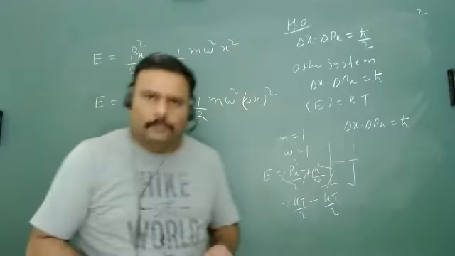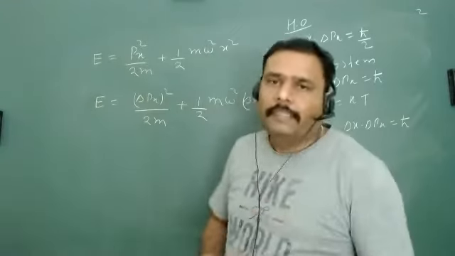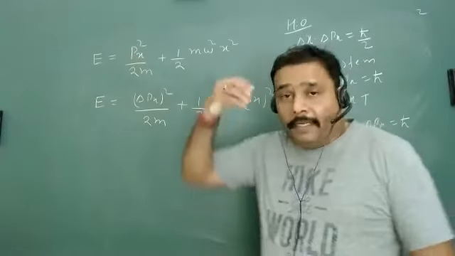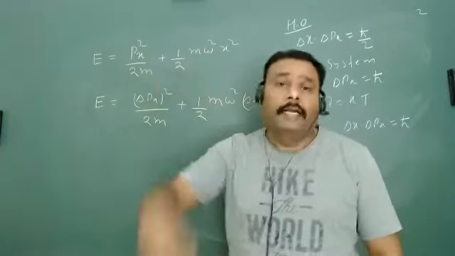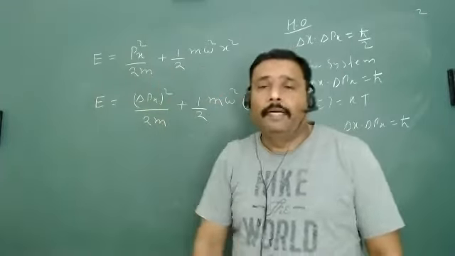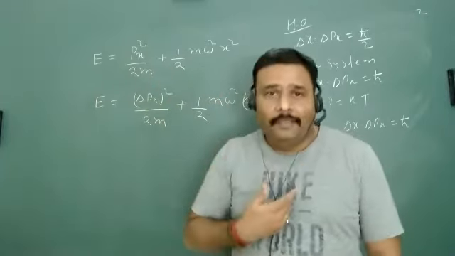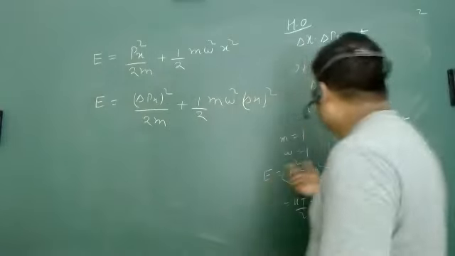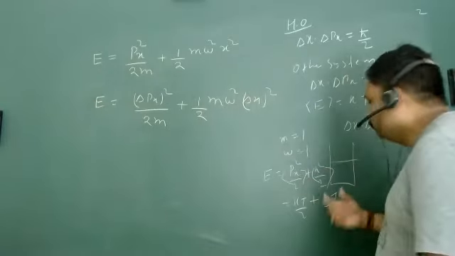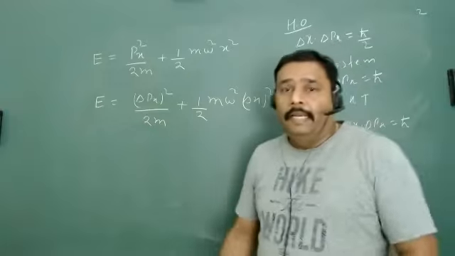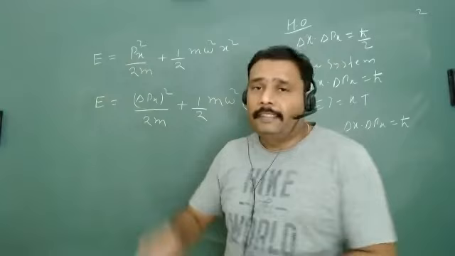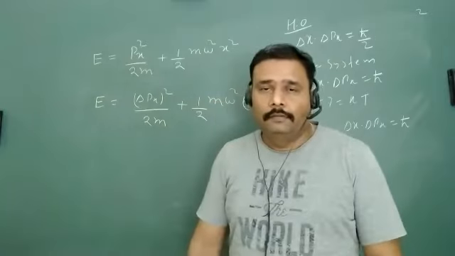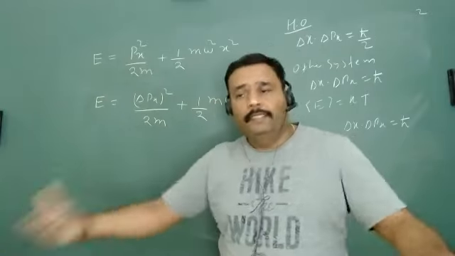Even if you take any value of mass, any value of omega, it is my personal feeling that in thermodynamics you will get kT by 2, kT by 2. And in quantum mechanics, we get the same average kinetic energy and the same average potential energy also. Everywhere I am getting the same kind of thing.